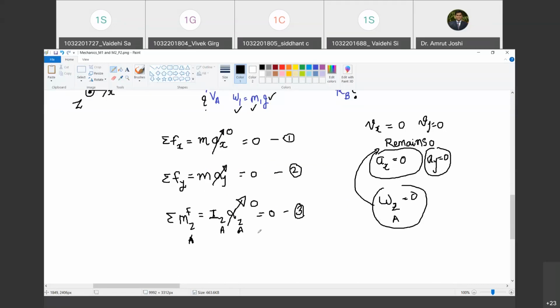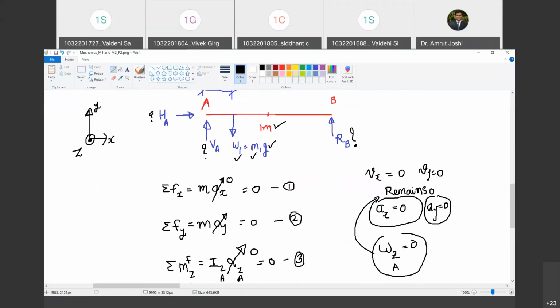So we now have 3 equations and 3 unknowns. Do you agree with me? Yes, sir. Now these 3 equations have a special name. Can you tell me the name? You used these in 11th and 12th standard without questioning why they are correct. Anyone, can you tell me the name of these equations? Kinematic equations? No, there is no kinematics involved here. Equations of equilibrium. Have you heard this name? Yes, sir. Equations of equilibrium.